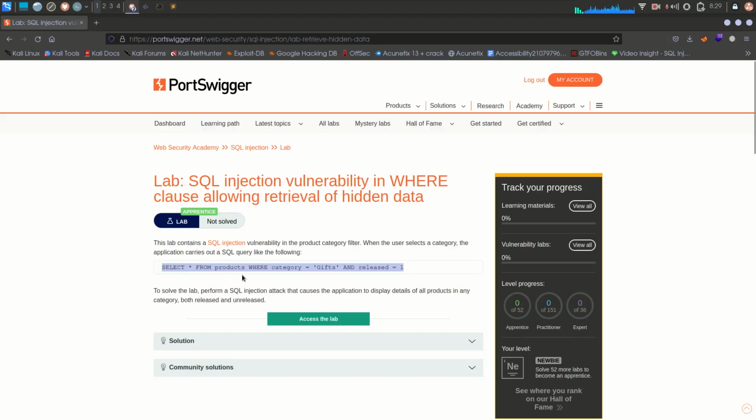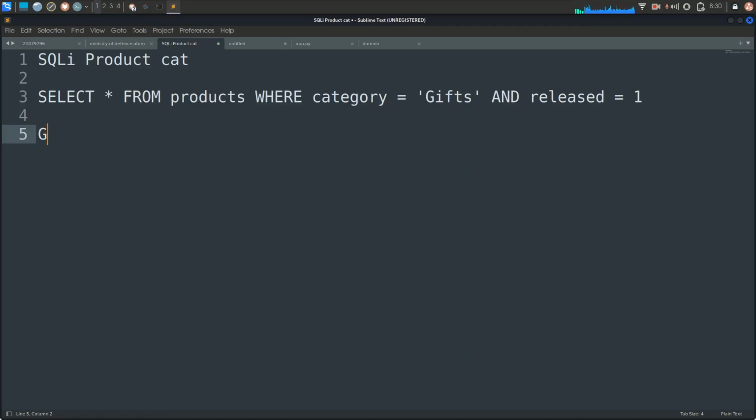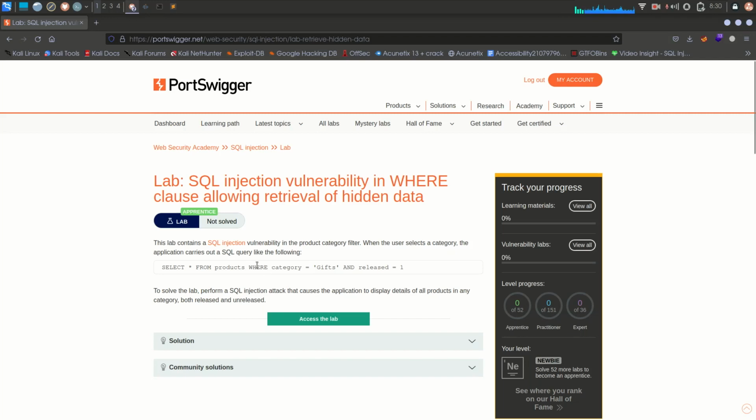And then to solve the lab, perform a SQL injection attack that causes the application to display details of all products in any category, both released and unreleased. So the end goal is to display all products, regardless of their category, both released and unreleased. So what's likely happening is that the application displays the released products to the user. However, there are unreleased products that are not displayed to the public, and what we're going to try to do is exploit the SQL injection vulnerability and display the unreleased products. So